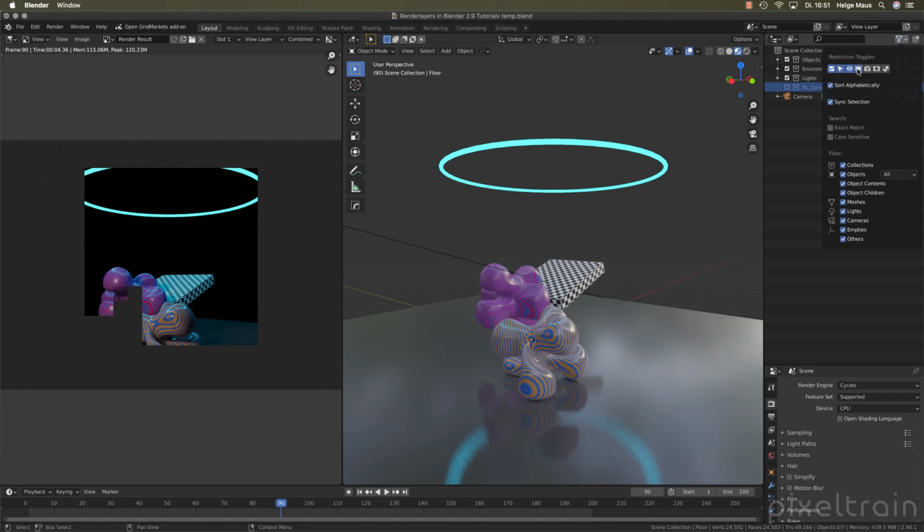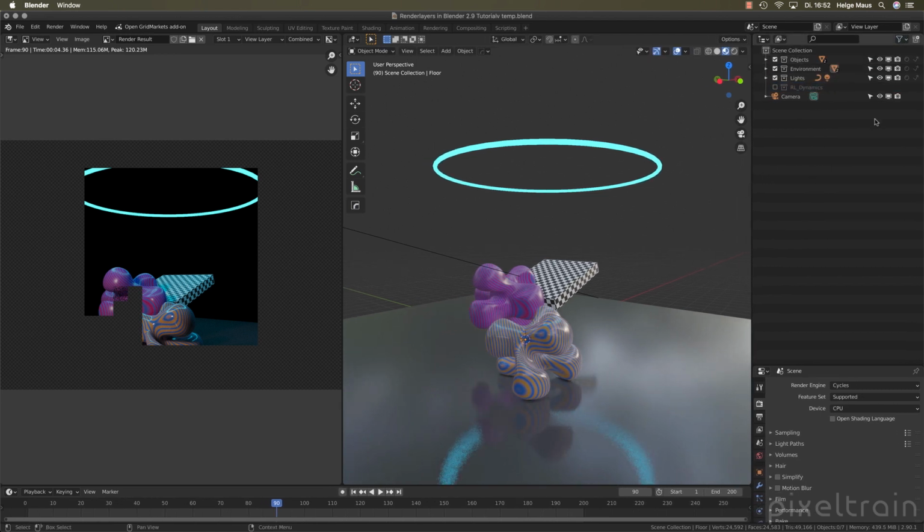And then we have the visibility in the viewport, visibility in the rendering. Then we have the holdout option, and we have the indirect option, and I activate everything. So now we have a little bit more complex setup here. And now we can go here to the objects and say we don't want to see them in the viewport,